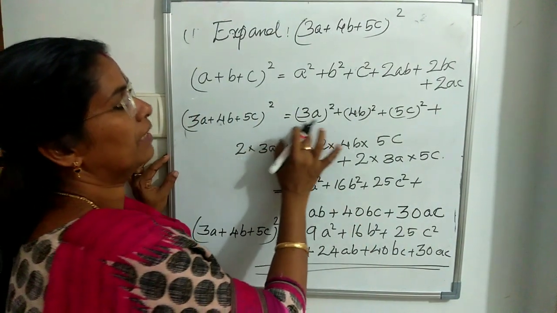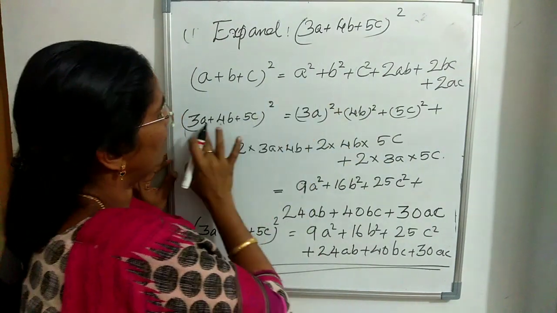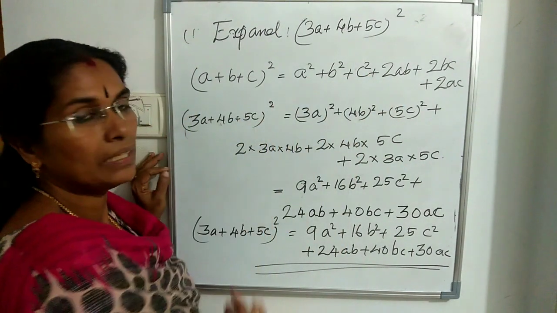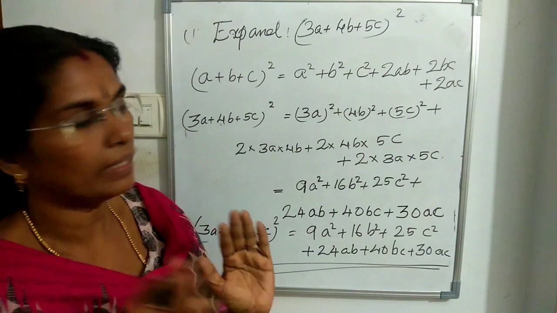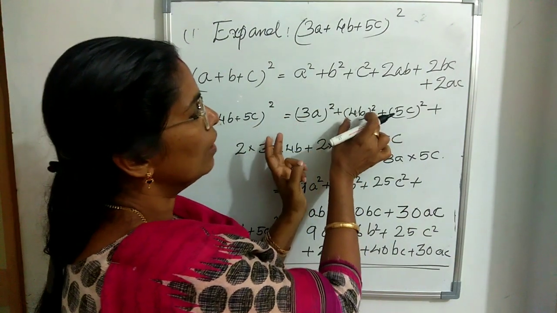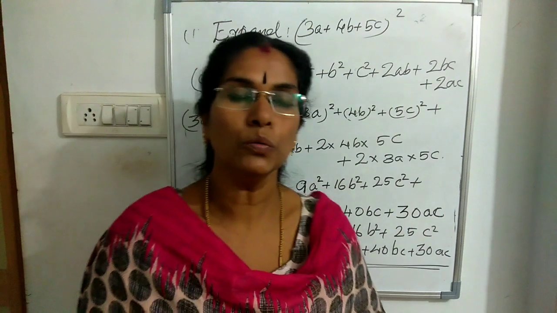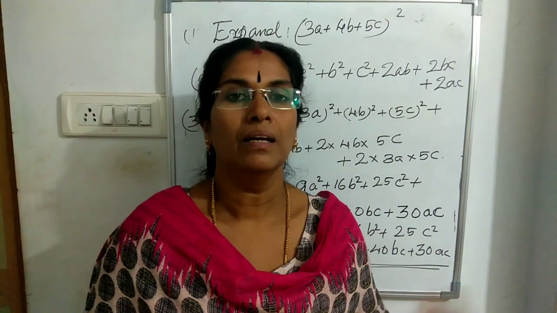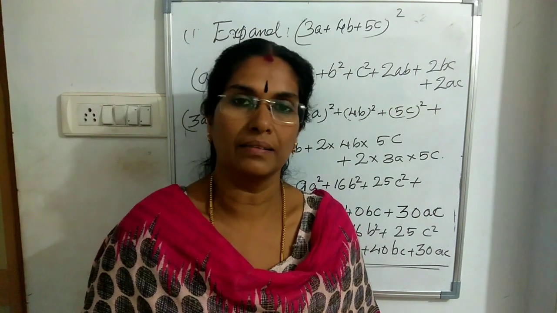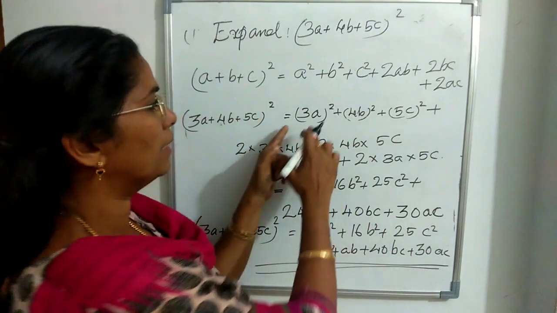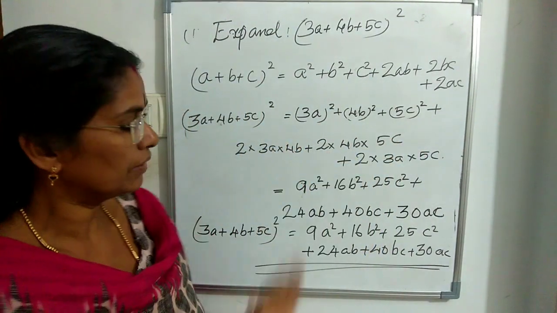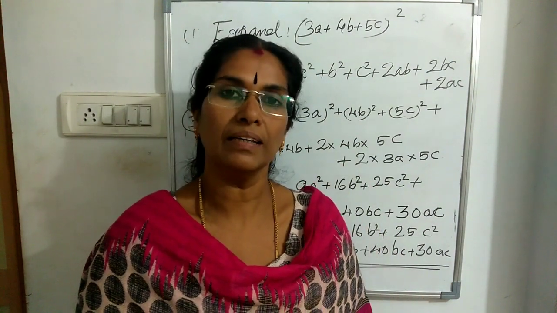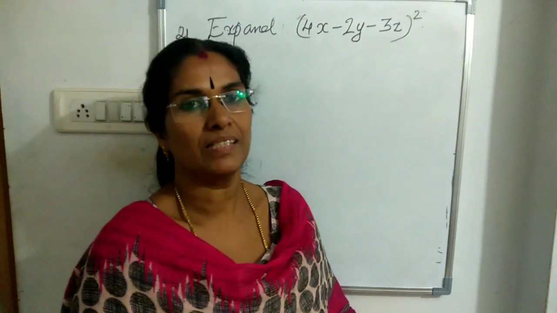Now the given question we write in terms of this. Instead of a, the first term; instead of b, the second term; instead of c, we substitute the third term and expand. Very important: when one number and one variable come together, we have to put a bracket. Then only at the squaring time the answer is correct. Otherwise it will be wrong. So this part is very important. Okay, squaring. After that you will get the final answer in 6 terms. Okay, clear?